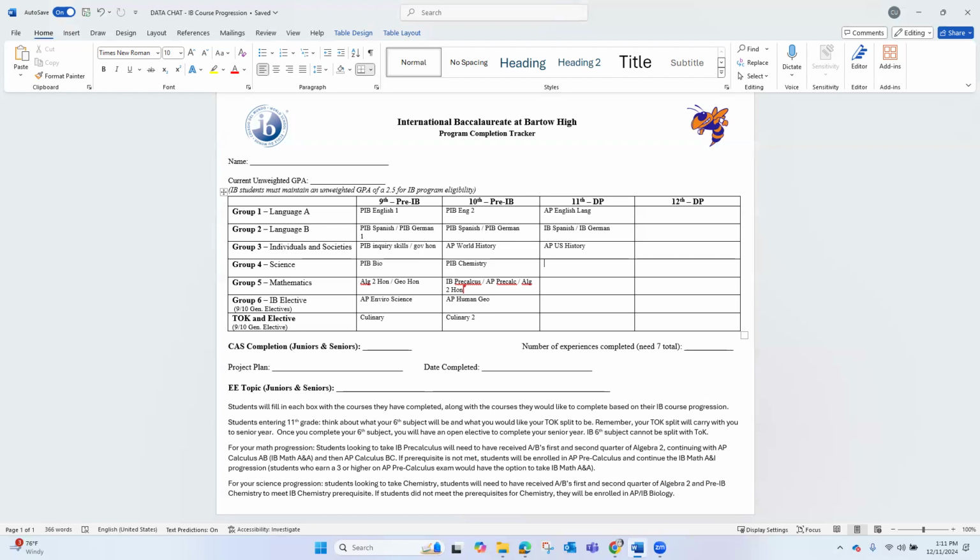For your science progression, students looking to take chemistry, you will need to have received A's and B's the first and second quarter of Algebra 2 and pre-IB chemistry in order to meet the IB chemistry prerequisite. If students did not meet the prerequisite for chemistry, they will be enrolled in AP or IB bio. So you will have the opportunity to be in AP Chem or AP Bio, depending on whether or not you